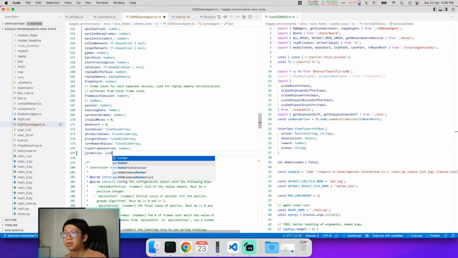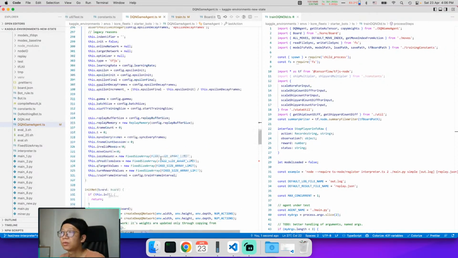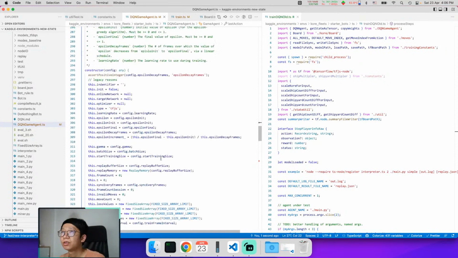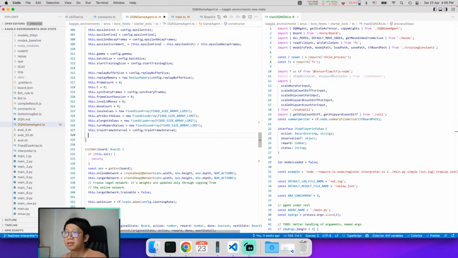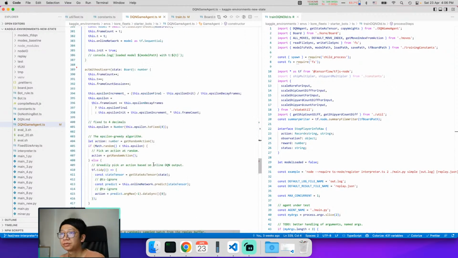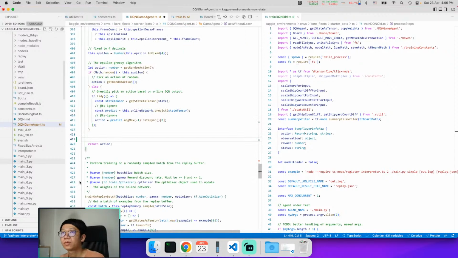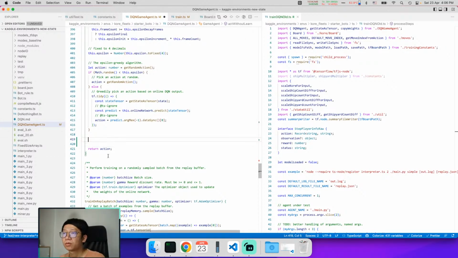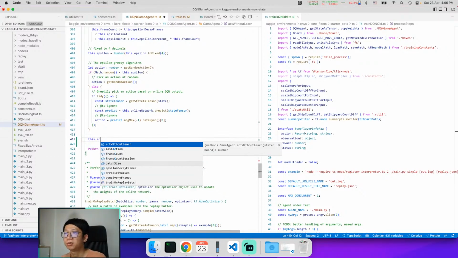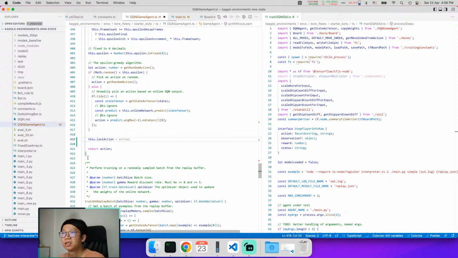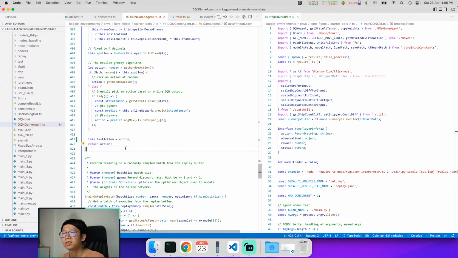Just for this particular setup, I think we do need a last action. So constructor wise, this action is gonna be, I think, 0. Okay, this last action equal to this. So now we can actually retrieve the last action